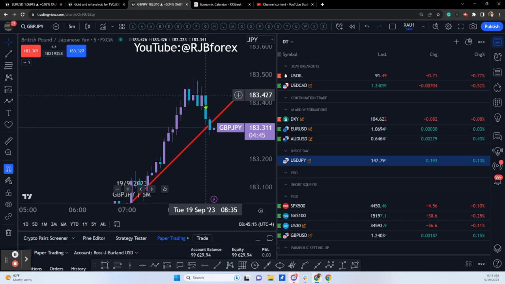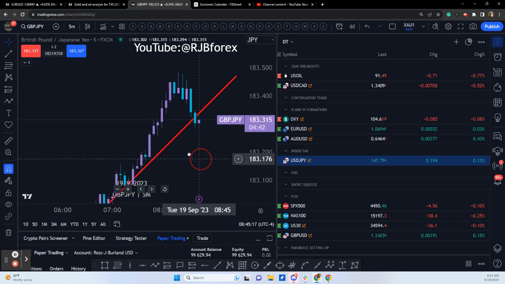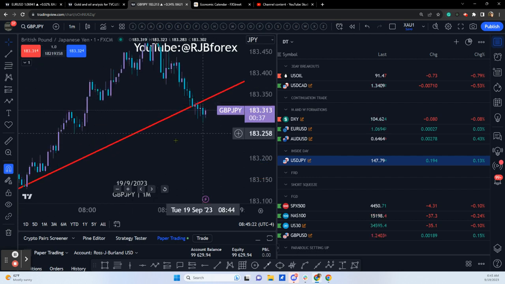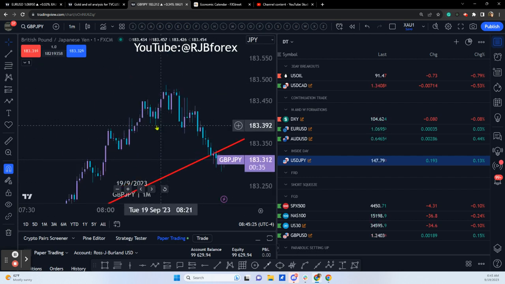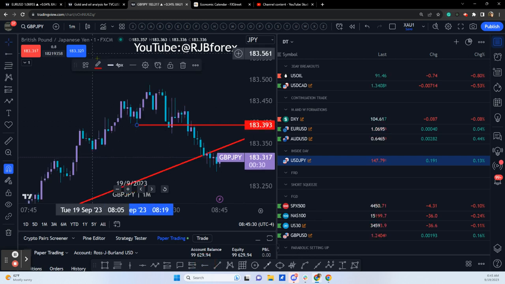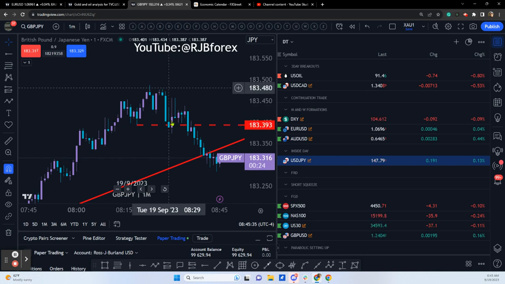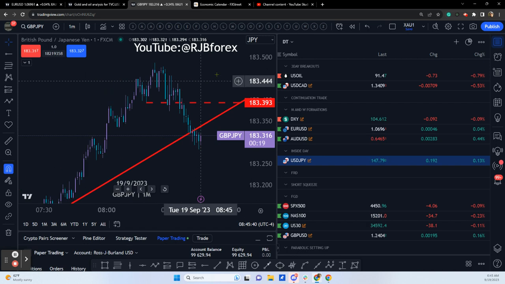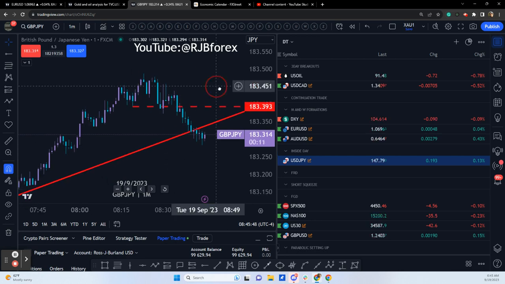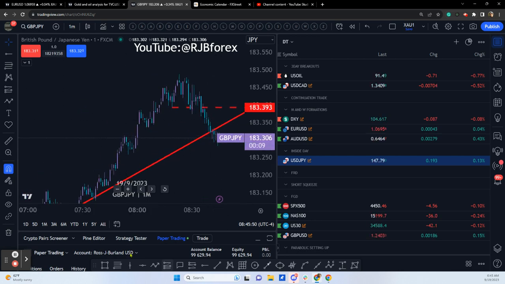So we've got the M formation as a topping pattern. Breaking out. All right, so we've broken out. Could have been a good short opportunity here, given the engulfment of that bar. But bearing in mind that we've got plenty of support structures along the way.